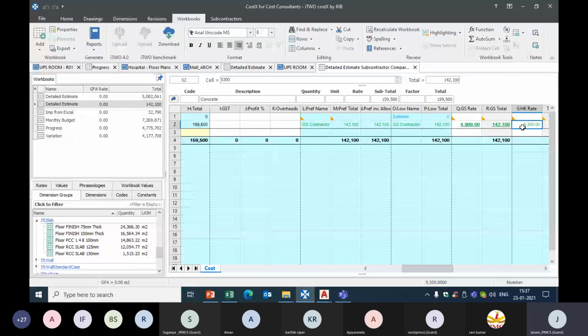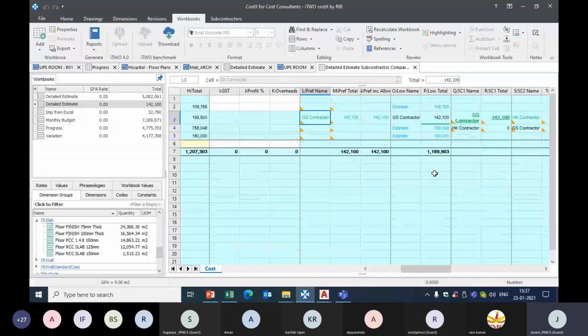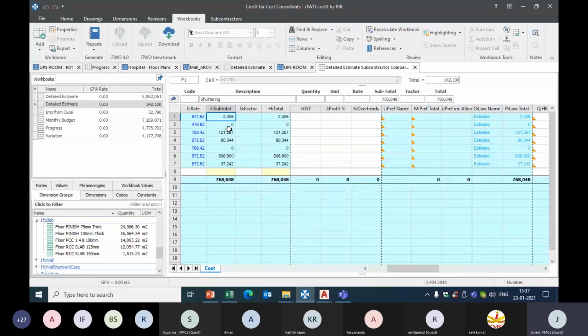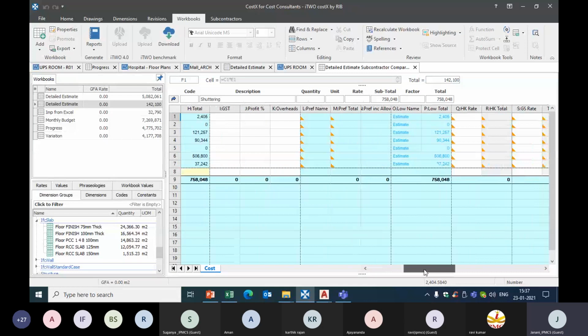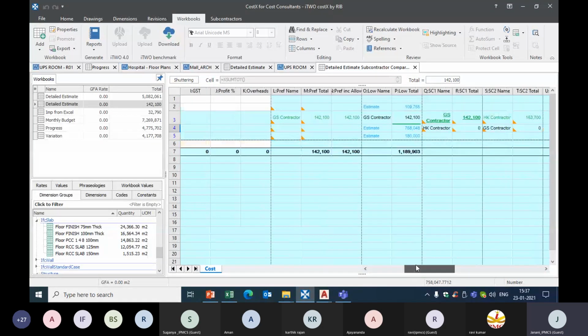From both the contractors, I can choose which contractor I am going to prefer for my project. You can see the preferred contractor also here. In the same way, with shuttering, you can fill in your contractor's rate here, which in turn automatically displays on the first page. You can choose your preferred contractor for your project.